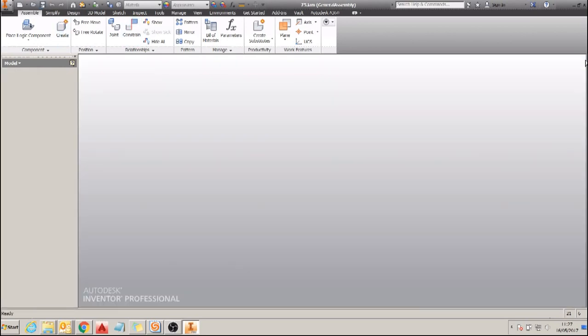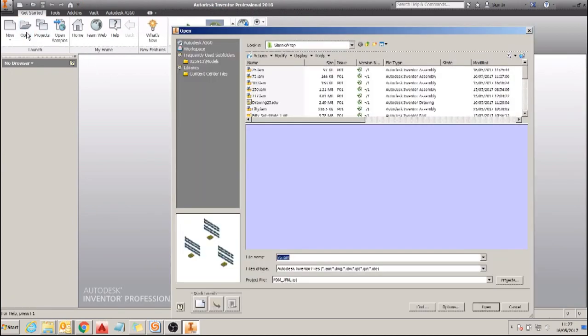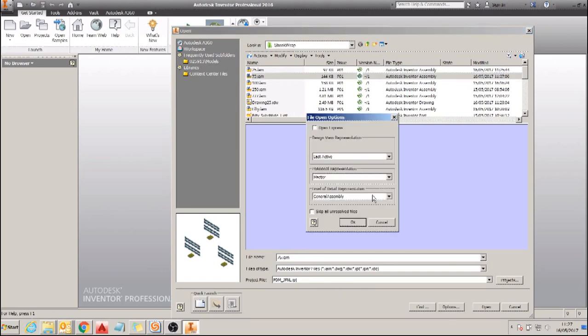So when it comes to opening an assembly once it's been done, it's a question of finding it and then not just opening it but going to the options button, and then within the options you've got a level of detail. You can drop down which one you want to see. If you've got a problem, then